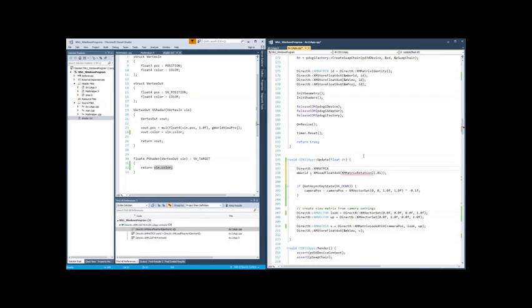So what we'll do is we'll create an RY matrix, and we can set it to some rotation. And if we make it, say, 90 degrees times MathHelper pi over 180, that converts it to radians. So that gets us a rotation matrix. And then if we want to set the world matrix to that rotation matrix,